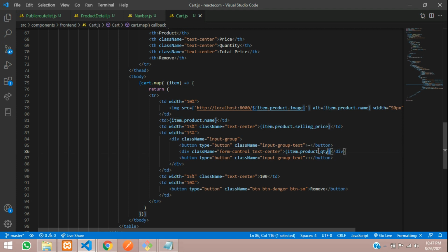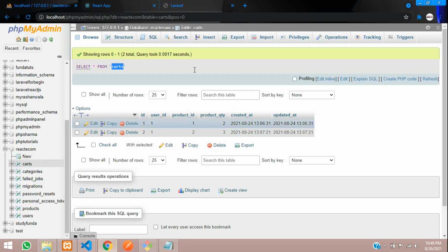And this calculation we have to do, guys, for the total pricing. Just need to do item.product.selling_price times your quantity. Okay, that's it. So see the output.